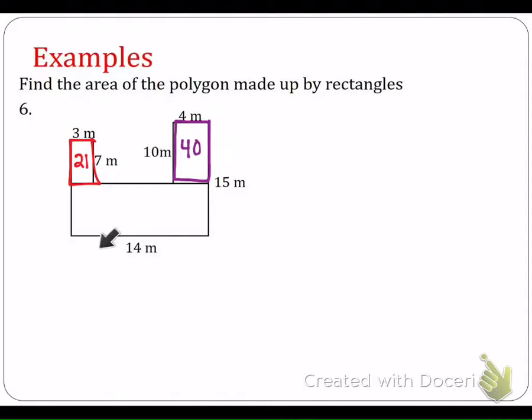All right, so down here I have 14, so I'm good to go. I need this guy right here. 15 minus 10 is 5. So this whole thing is 15. From here to here is the same as the other side of that rectangle, so it's 10. So 10 from 15 leaves us with how many? 5. So we'll do 5 times 14